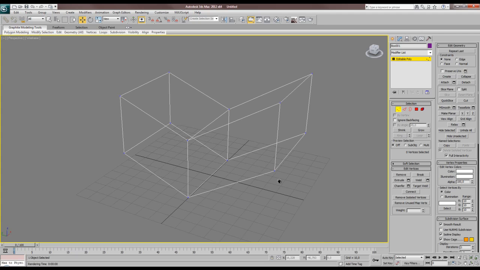model, you can always use the Weld tool to weld vertices that are really close by. When I select these vertices and I click Weld, you can see that before I had 13 and after that I had 12 vertices. That's because I created an extra vertex here, which you can't really see because it's really